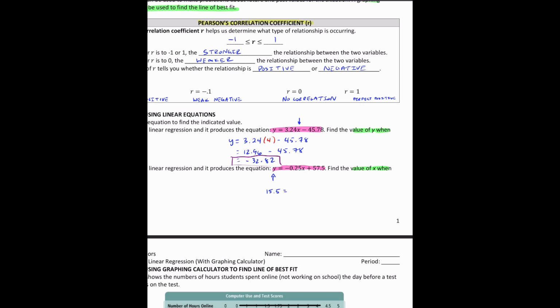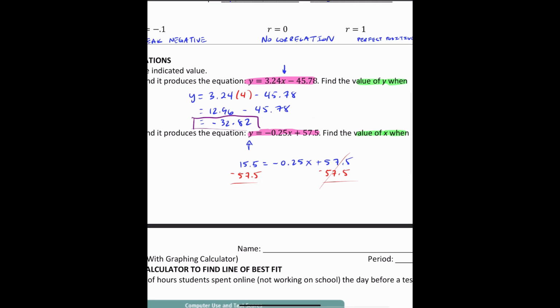So 15.5 equals negative 0.25x plus 57.5. Now remember, I need to get this thing by itself. So what do I need to do? Well, I need to subtract both sides by 57.5. So we know that this will cancel. So I'm left with